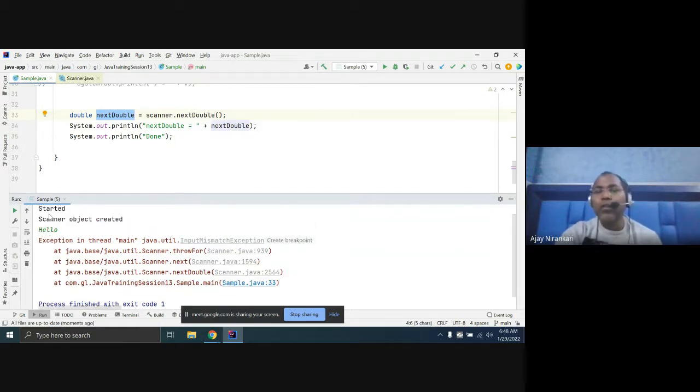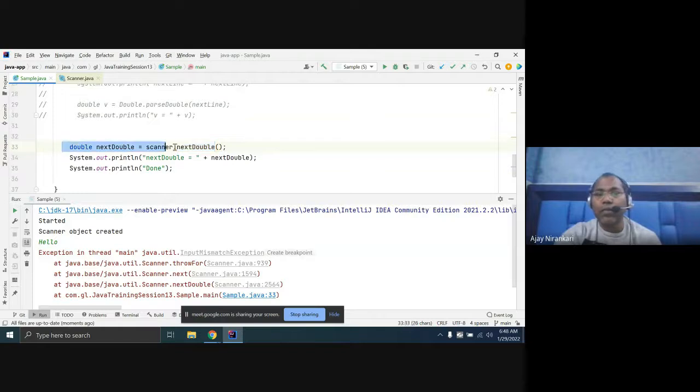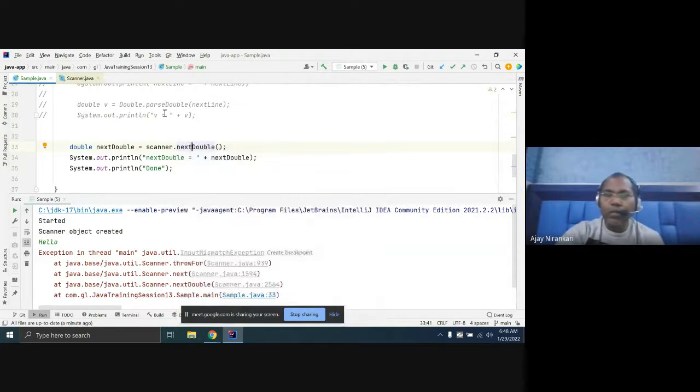So whenever you are using a specific method, you have to take care that you are not getting wrong input. Your code will break at this line. Hello is not a double, so this line will not print, and you get an exception.